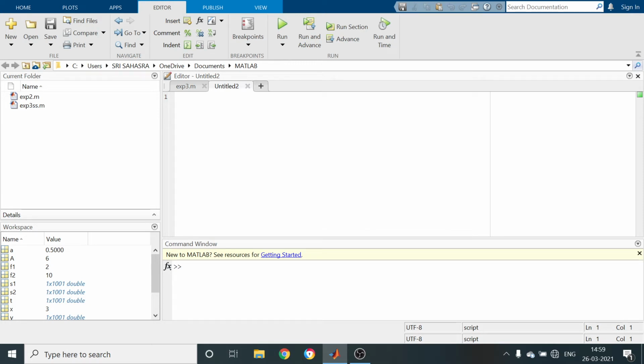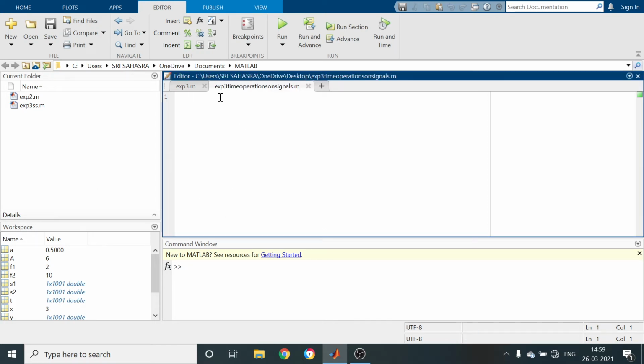So experiment 3, time operations on signals. I am going to save it on the desktop only.